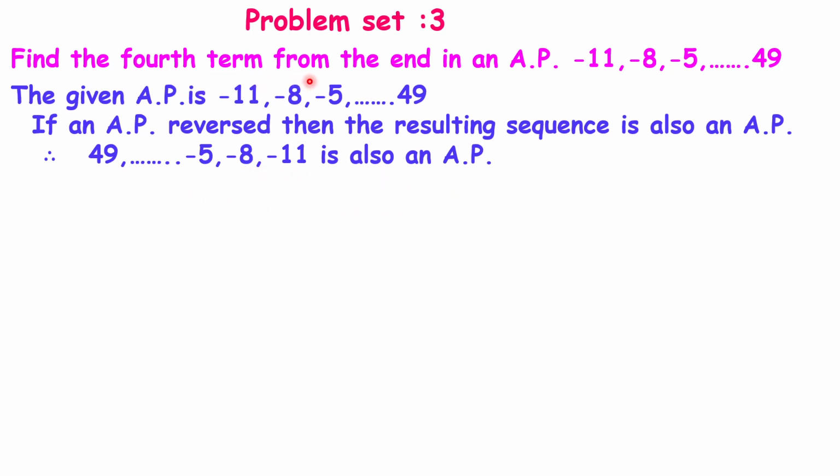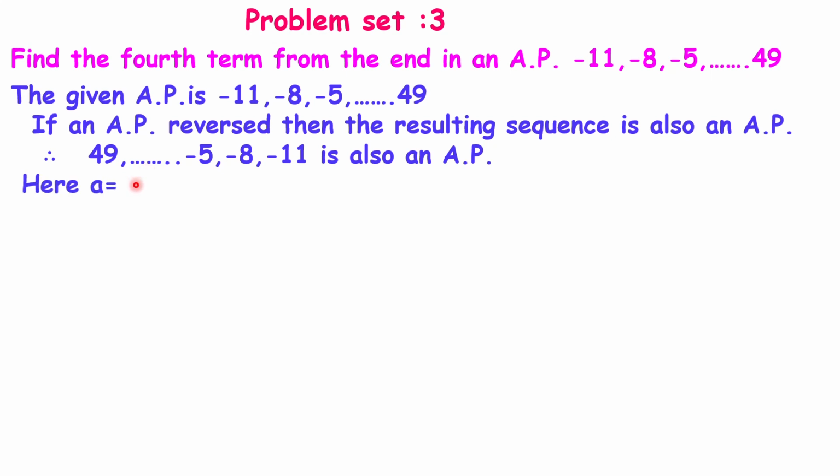To find the fourth term from the end means to find out the fourth term of the reverse AP. इथं शेवटून चौथं पद शोधायचं म्हणजे जेव्हा आपण ते उलट्या क्रमाने लिहिले असतं ते शेवटून चौथं पद काय होणार आहे, इथे सुरुवातीपासून चौथं पद होणार आहे. Therefore we find out the fourth term of reverse AP.